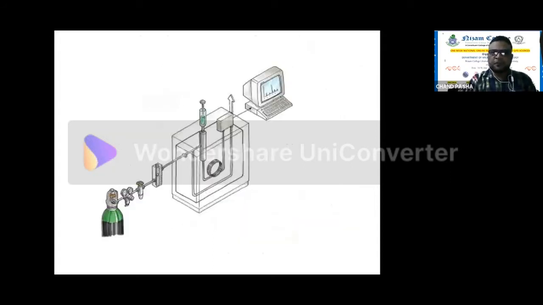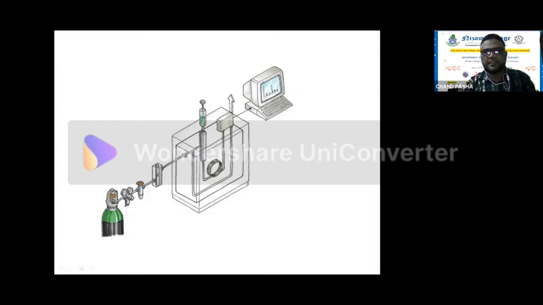In the basic setup, there will be a gas pipe and a gas cylinder, with double walls that you need to check. The native pressure of the gas will be checked over here, and the flow line pressure will be checked. Then there will be tubing. Here there will be a valve which regulates the flow of gases, and the gas will enter the column.